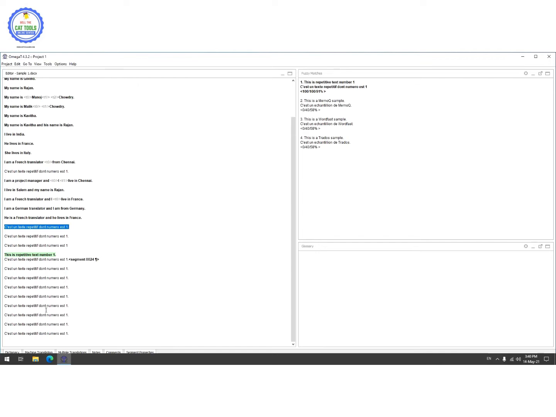So now in this repetitive text, you can see that if I translate once, the remaining is automatically filled. We are able to save time. And if I change one occurrence, it will be filled in the remaining occurrences. So no need to do copy, paste, find, replace, all these operations. Your CAT tool will always help you to improve your productivity. It is a smart way of doing translation. Reusability of translation. And OmegaT is a wonderful free CAT tool,